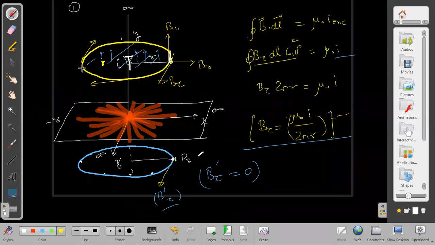So I am just imagining that if I take a closed surface here, in this way, and if I take a small surface here, then I am getting some relation between B parallel and B R, I think. How? What is the flux coming out of it? B radial here and here. Will it be the same or will it be different? That is also one thing.